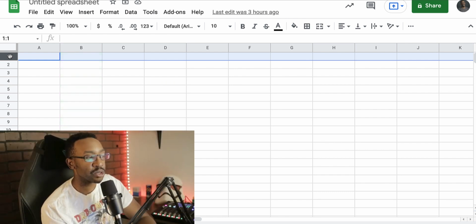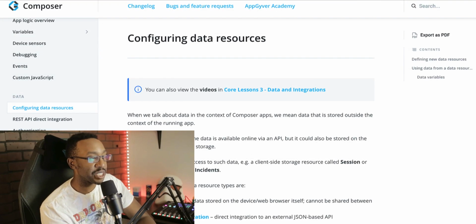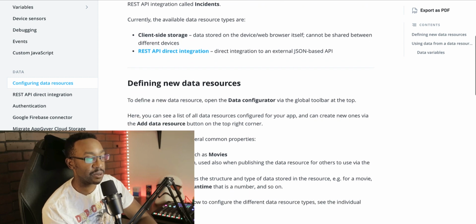This is really beneficial no matter what kind of app platform you're using. If you're using AppGyver, Adalo, Glide, it's really important to know how you're going to be structuring that data, no matter how they have their workflow for you to set up that database, etc. For example, if you look at AppGyver, if you look at the documents here, this is talking about how to configure the data resources.